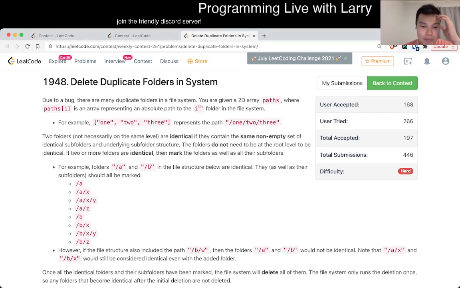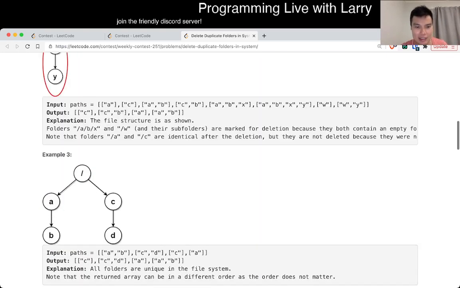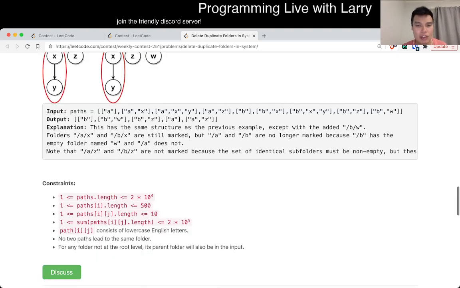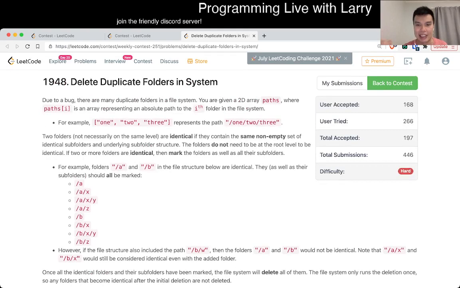But for this one, the short idea that you can probably gather is to try to hash the tree, right? So how do you hash the tree? There are so many ways to do it. I did it one way during my virtual contest, but I actually found a shorter way to do it later on, based off this specific problem. And I think this is actually the fastest; according to my testing, it was 100% on time and space. So basically, my initial idea for this problem is just hashing it one at a time. And the key thing to know